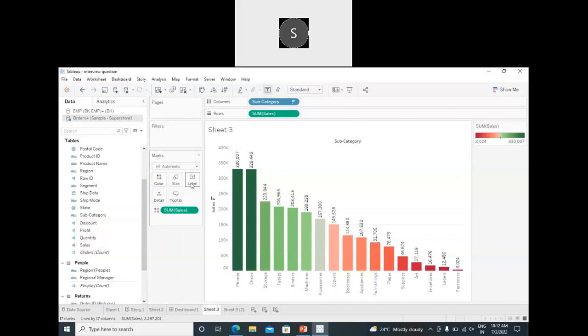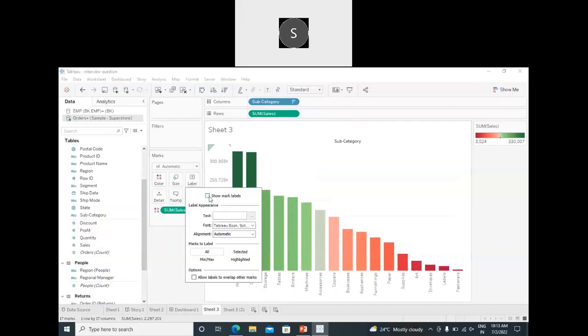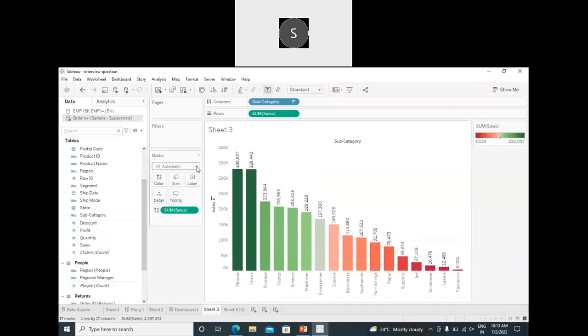And what is the label? This is text. Showing this label mark, the text will work; it shows the mark labels. If you uncheck it, it doesn't show anything. If you check it, only then can the values be displayed here. The main part here is the labels. If we go